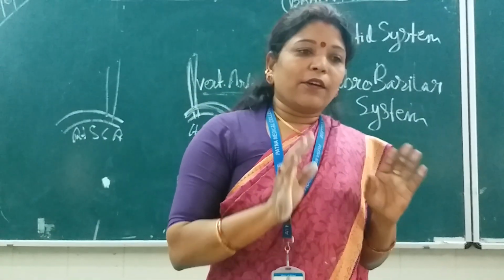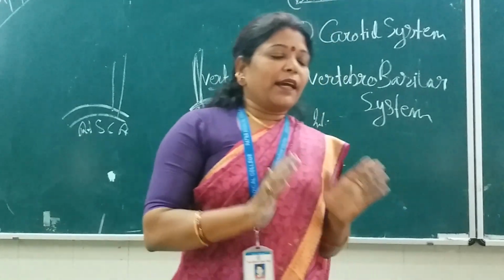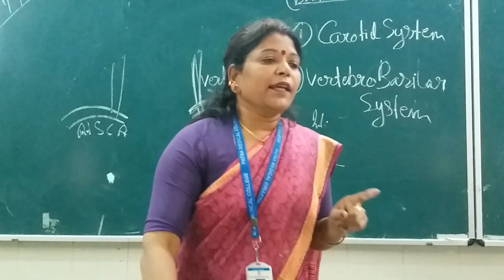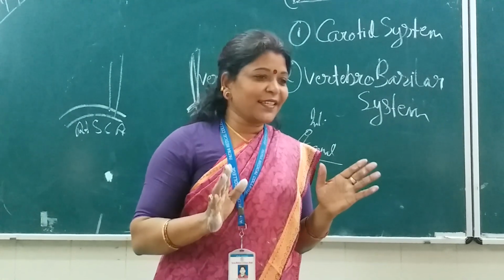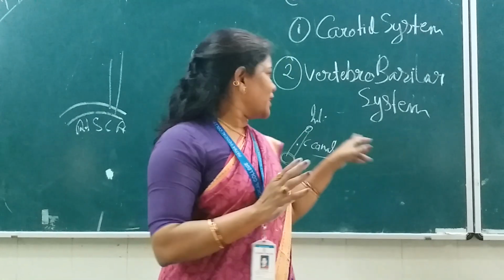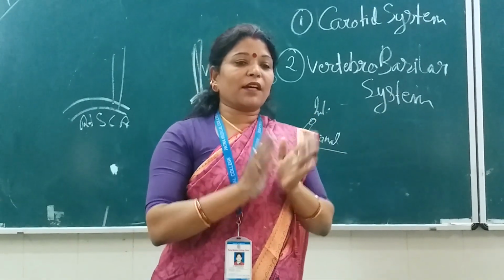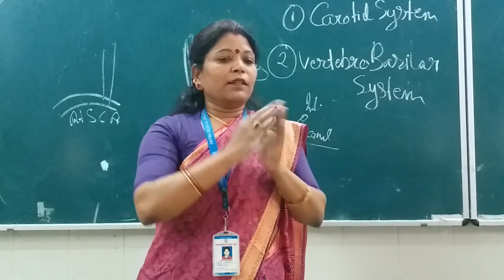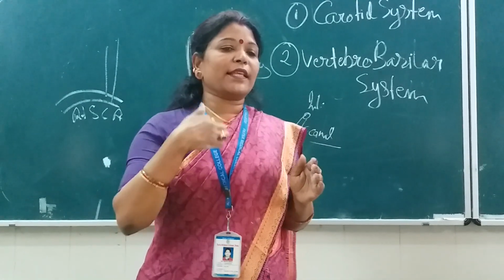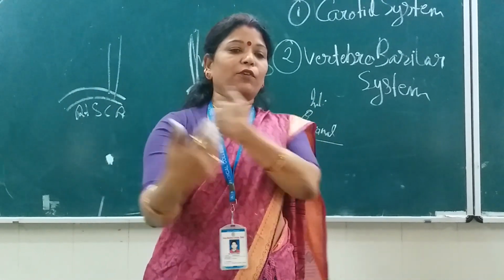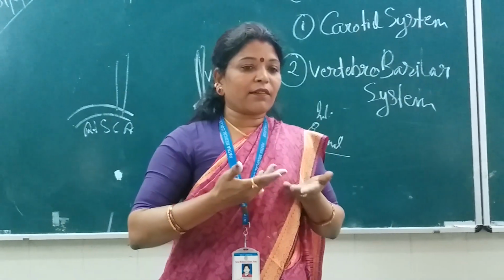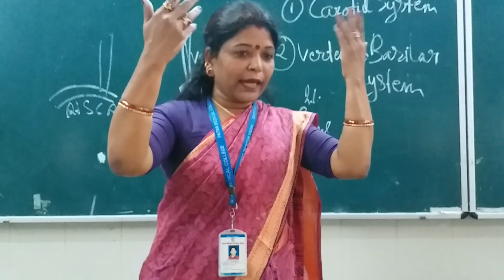Yes or no? The vertebral artery arises from which part of the subclavian artery? It is the first part, isn't it? It is the first part of the subclavian artery through which the vertebral artery arises. Then what is it? Here is the arch of aorta in the thoracic region. Here the subclavian artery goes horizontally like this, and this is known as the vertebral artery, and it has to go inside the cranial cavity.